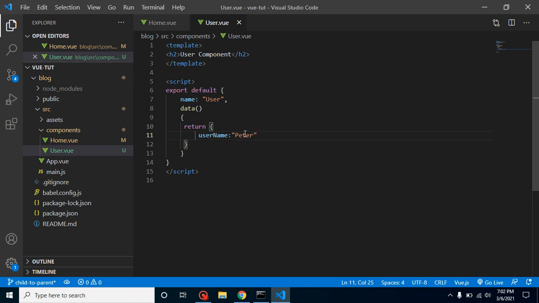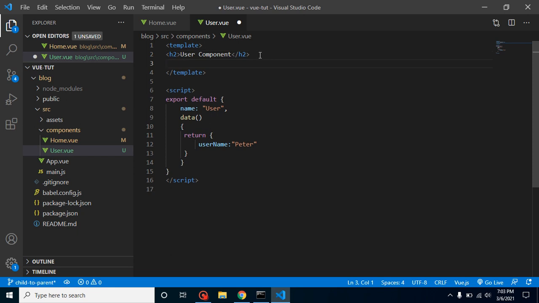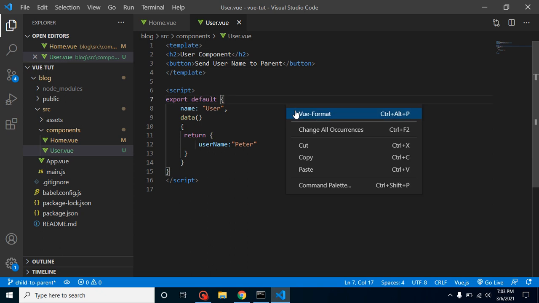It can be any type also, like object, array, even boolean values or decimal number values, any kind, right? So we can define it and send it to the parent also. Let's go further. I am also defining a button here, and just send username to parent. You can make any short name also here, whatever you want.